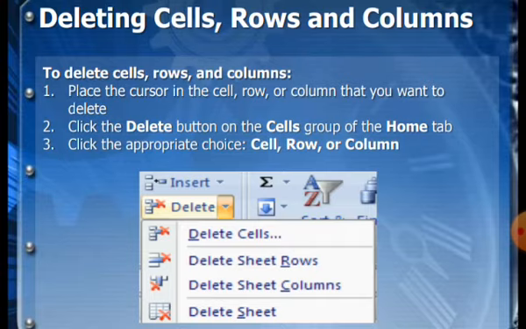When you select the delete option, you see on the screen delete cells, delete sheet rows, delete sheet columns. Several options are there. You have to select the appropriate one for doing the work. You can also delete a cell by right clicking on it. So this is the way you delete the cells, rows and columns from the worksheet.